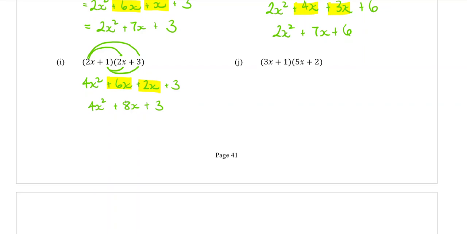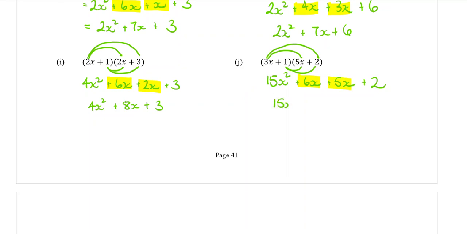All right, I guess I get the last one. So we do 3x times 5x. 3 times 5 is 15. And because there's two x's, it becomes an x squared. 3x times 2 is 6x. 1 times 5x would be 5x. And then 1 times 2 is 2. Adding together the two middle ones,